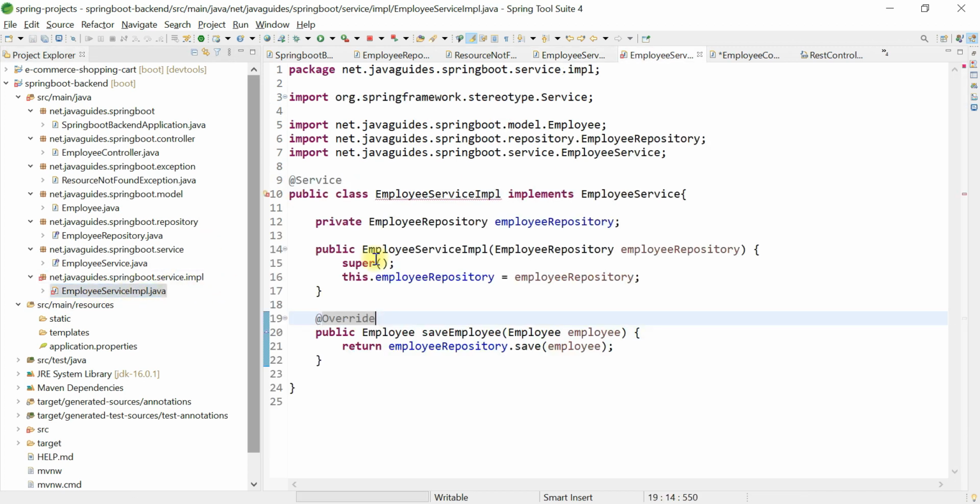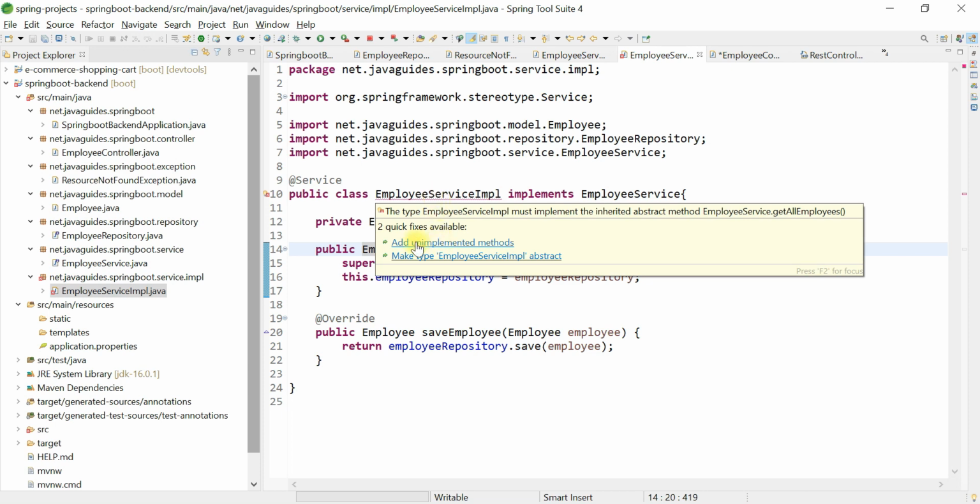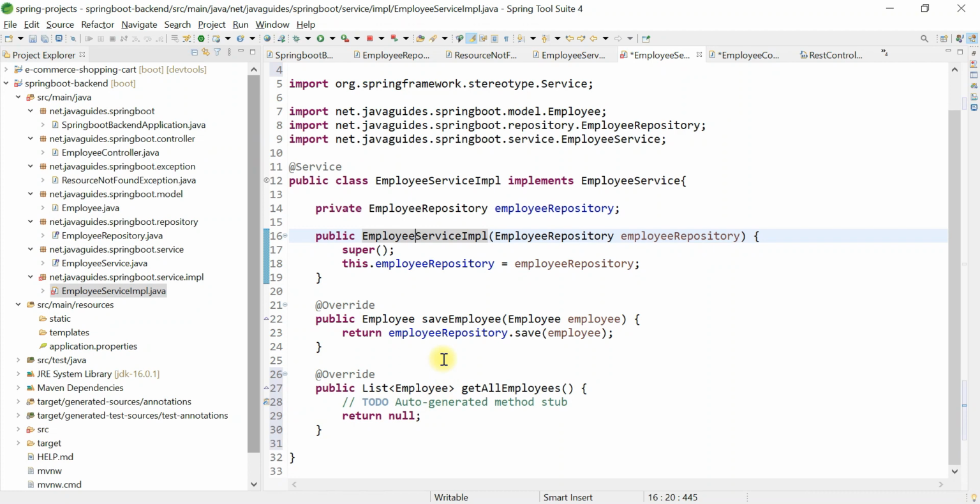Go to employee service IMPL class and just click on add unimplemented methods. Now we are going to implement get all employees method within employee service IMPL class.